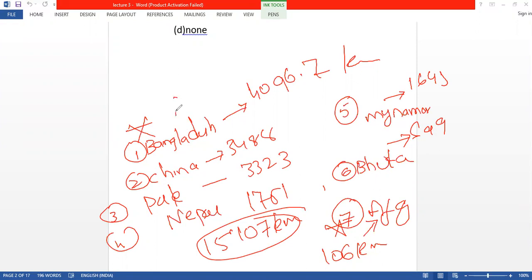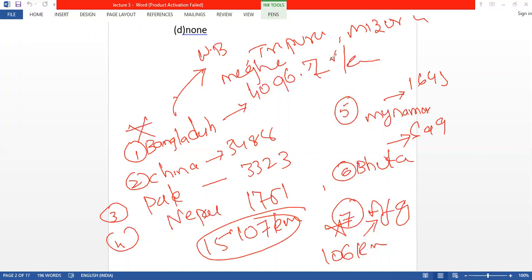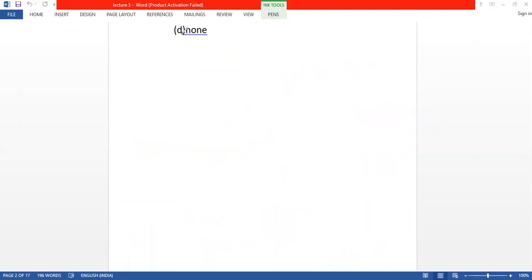Hope you understand. Now one more question may be asked. Bangladesh shares a boundary with which Indian states? It is West Bengal, Tripura, Mizoram, Meghalaya, and Assam. You have to learn like this, okay? Similarly, you can ask the same question about China. It is Jammu Kashmir, Himachal Pradesh, Uttarakhand, Sikkim, and Arunachal Pradesh, only these 5 states. Okay, you just Google it, you will get the remaining. Okay, friends. Next, move ahead.